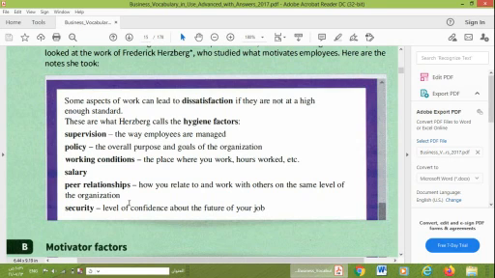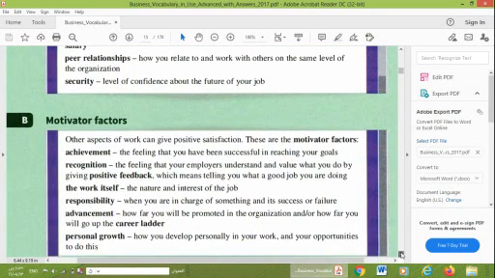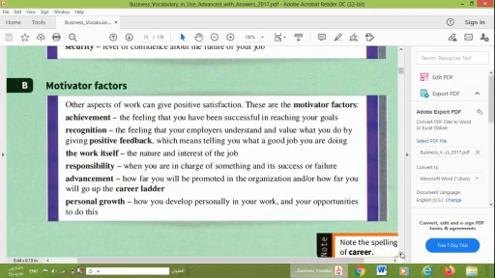طيب نتعرف على اللي هو second factor اللي هي حسب النظرية motivator factors. Section B, which was talking about motivator factors. Other aspects of work can give positive satisfaction. These are motivator factors. Okay, so motivating factors will increase employees' job satisfaction, such as